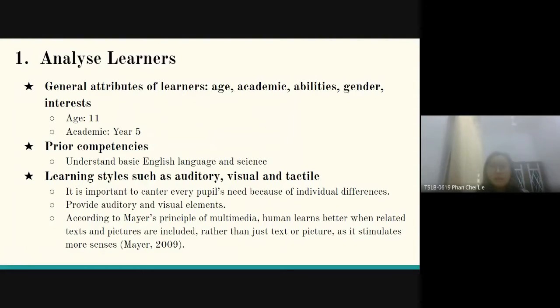In our lesson, the topic is year 5 unit 13 pollution task. They have to understand basic English language and science also, because our lesson will be focused on pollution, which relates to both English and science. Okay, third, we have to know about their learning styles, such as auditory, visual,